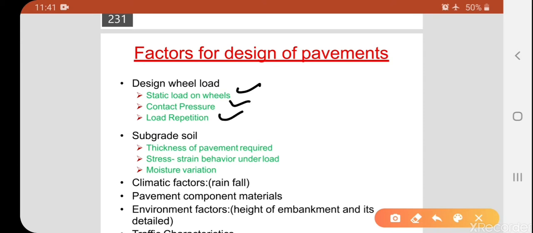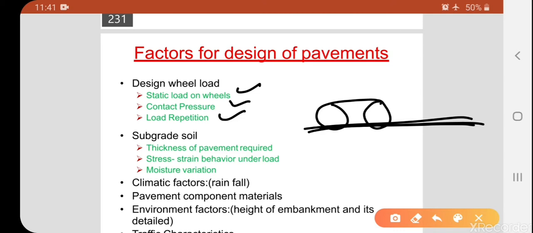Usually in construction of flexible road pavements, the load is fatigue in nature, because assume our vehicle is moving in this direction, there is a distance between the front wheel and the back wheel. So this is not a sudden loading, and not a gradual loading, and not an impact loading, but a series of successive loads with a particular time. This type of load is called fatigue in nature.